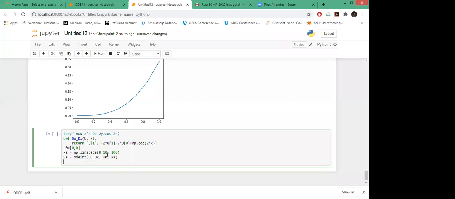So if you want to know what equation 1 is, you will have it within y1.